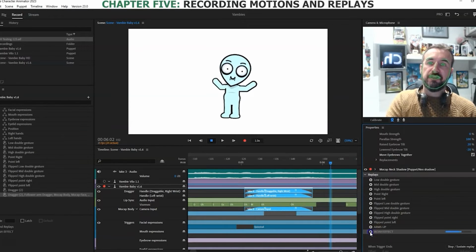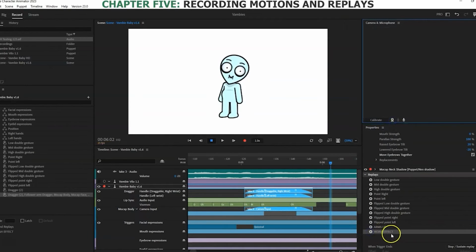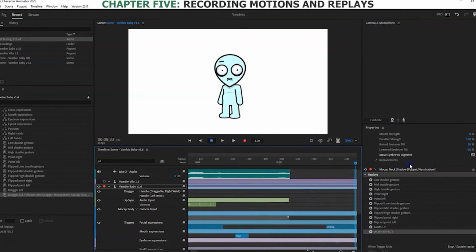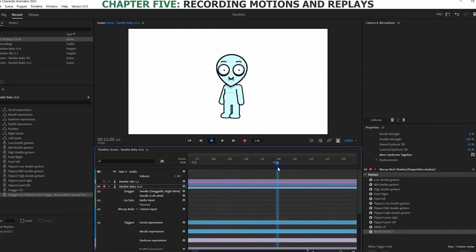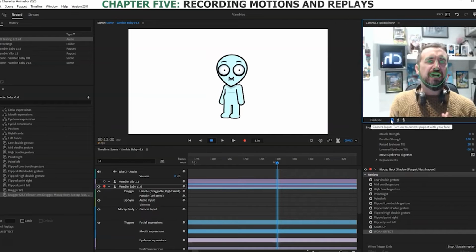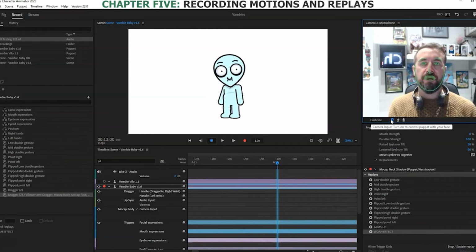And I press play and turn the camera off so you can see the effect there. In fact, let's scroll along to here. Right, and now if I press this, it's not just moving the arms, it's the whole body moving as well. So you can create a whole body trigger. And I'll tell you now, that saves loads of time when it comes to animating, because most of the time